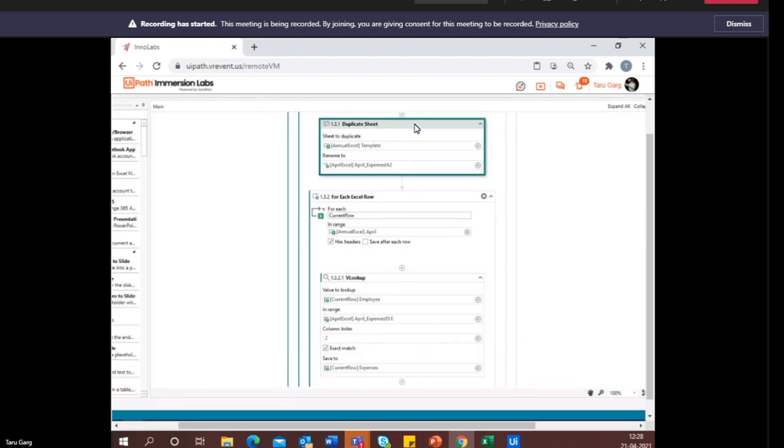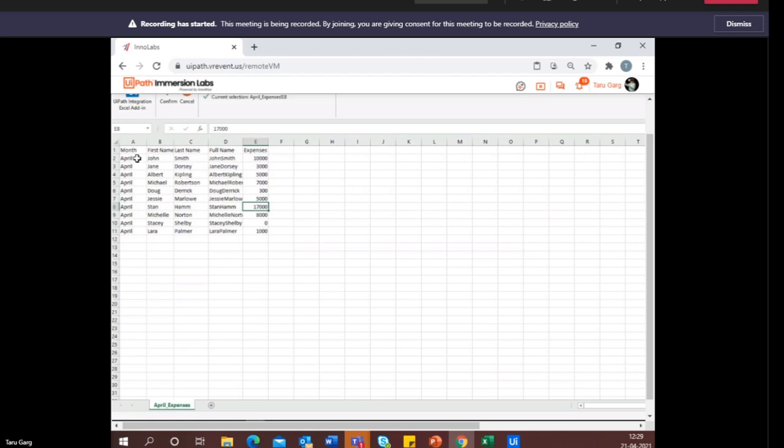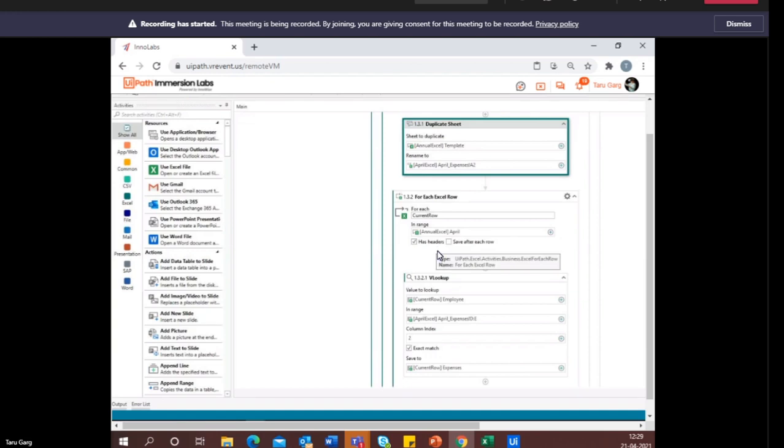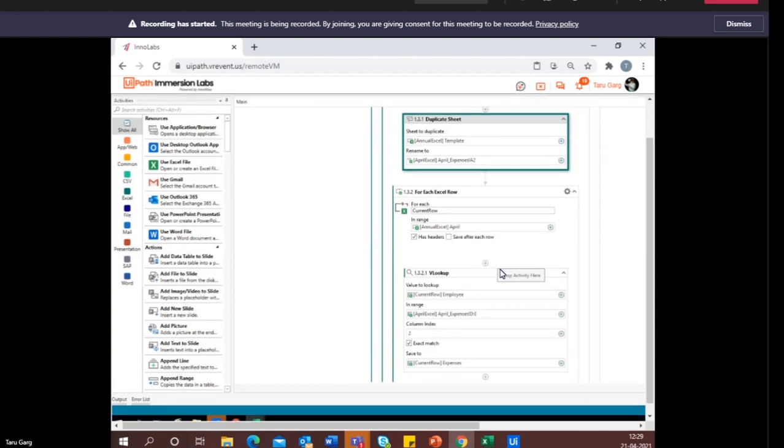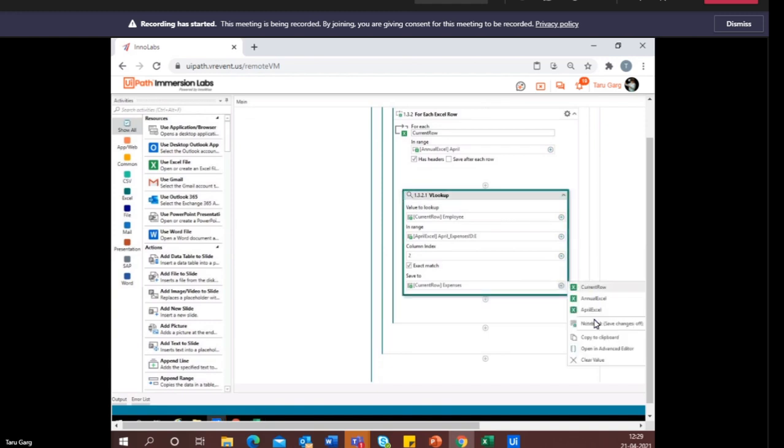Duplicate sheet, as here A2. Okay, let's try again and see if it gives anything here. If I clear this value and I save it,